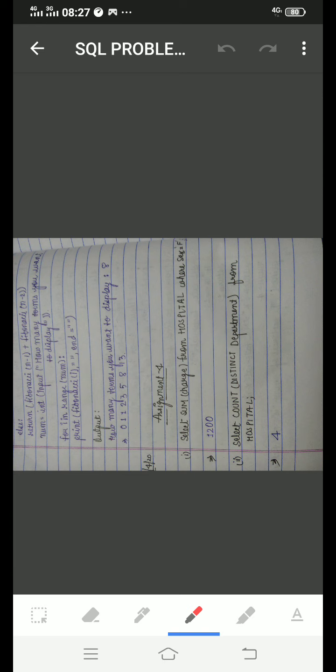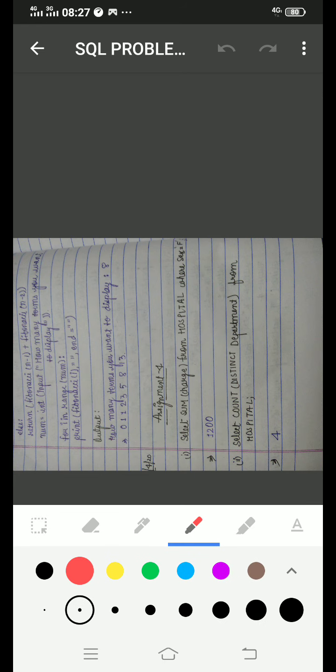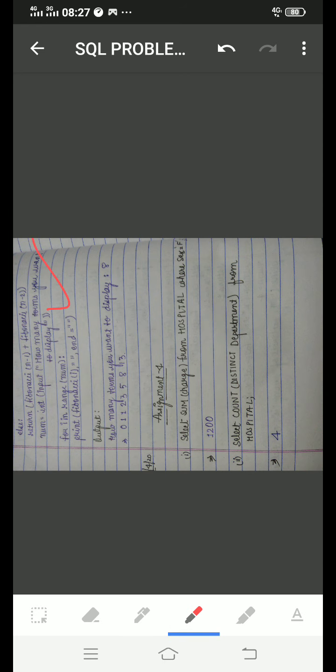First is SQL. I click on it. This is the assignment, and if I want to check it, I click on this icon and select the red pen. Now I can mark with this red pen. This is the Fibonacci series. She has completed the task, very good work. From here I will save.